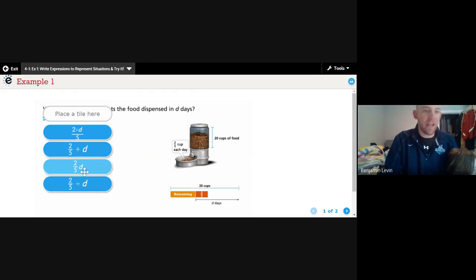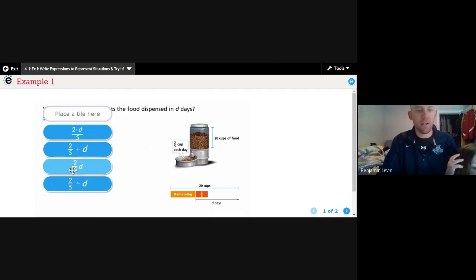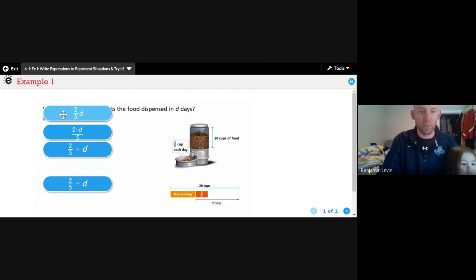So if the number of days was 10, we would say 10 days times 2/5 of a cup, right? Because that dog got 2/5 of a cup of food every day for 10 days. So 2/5 times 10 would give us the amount for 10 days. So we're going to pick this one, 2/5 D. We know that something next to each other with no sign means times or multiply. So I'm going to put this right here, 2/5 D, that's next to each other,